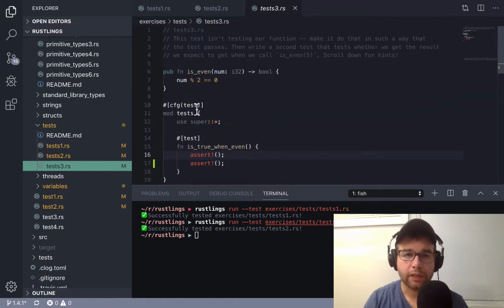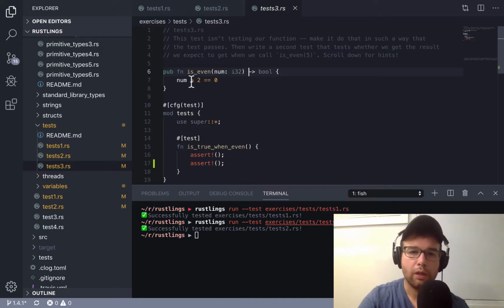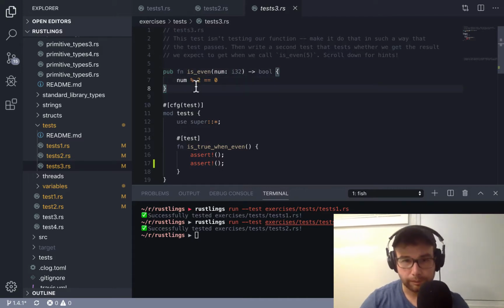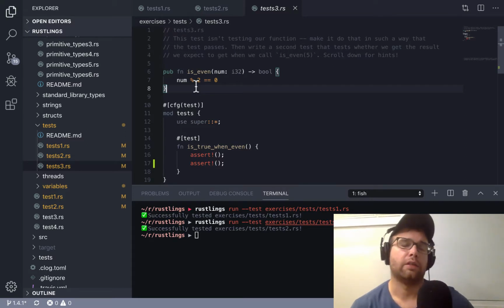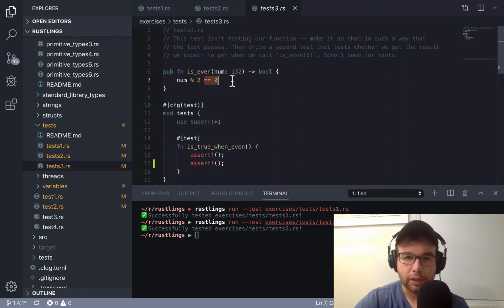This one, okay, so test 3. This test isn't testing our function. So we have this public function is_even here. It takes in an integer i32 and returns a bool. It's using the percent, which is the, I forget my discrete math, modulo. It returns a remainder here. So whatever the remainder after dividing by 2 is equal to, if that's 0, then the number is even. So we need to assert that